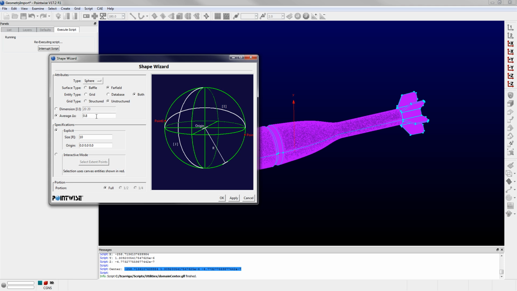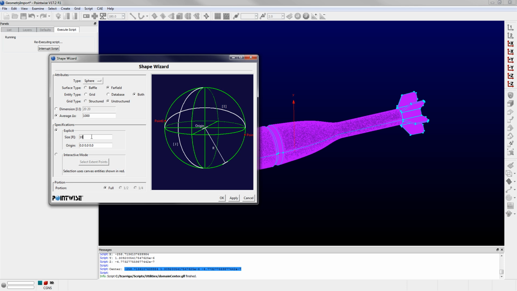Now my average grid spacing is going to depend on my far field size. So for external aerodynamics calculations, for a minimum, I like to have a sphere that has a radius of at least 20 body lengths. In this case, that's exactly what we're going to use, and that means that I should probably use an average grid spacing of about 2 body lengths at that far field size, which is 1,000,